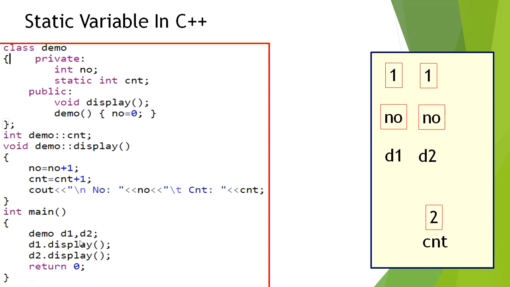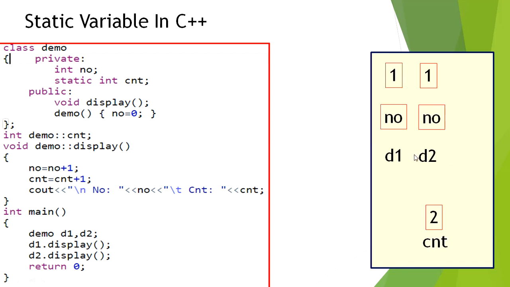Now if you create one more object d2, and in the same way, suppose we have given the call to display function, then as we have seen, every object is associated with its own local copy of member variable no. Again it is going to show 1, but count is now incremented to 2 because the updated value because of d1.display is carried forward, as the count is not local to any of the objects.